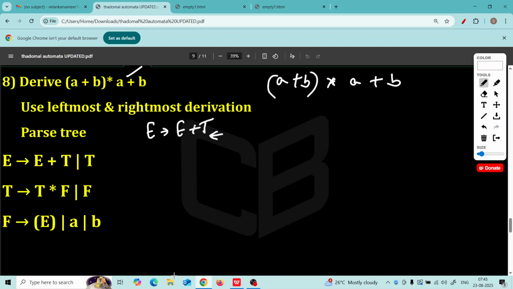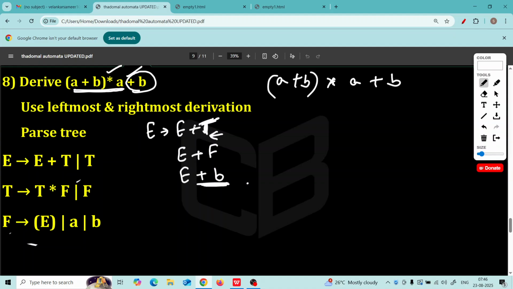See, we have already got this plus. We want B here. So for rightmost derivation, we'll say T gives F and F gives B. Done. This T, rightmost derivation, T gives F and F gives B. We got this last letter generated. Okay, but now we got the last two letters, plus B, but E should give us this portion. But to generate this portion we want multiply.